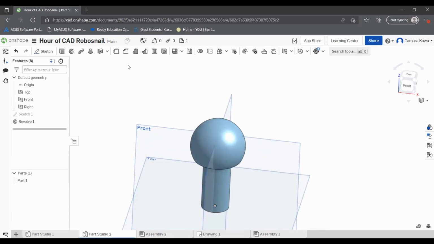I'm not showing you this because I expect you to understand how cylindrical objects and how revolved bosses work. It's actually not something you use very commonly in CAD and in robotics. It's just a nice little tool I want you to have in your back pocket because it is really convenient for you to have. All right, so with that, I actually want to show you something a bit more useful,